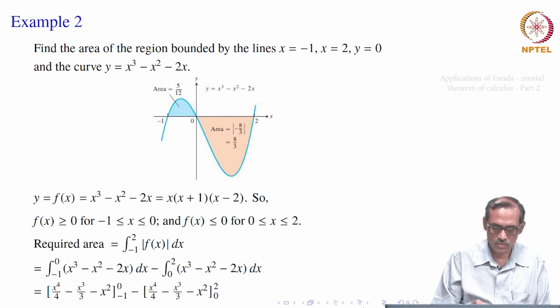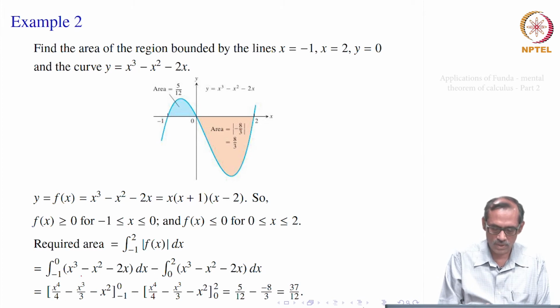Then we integrate. So, here we use the fundamental theorem. X cubed integral is x fourth by 4, because if you differentiate x fourth by 4, you would get back x cubed, and then minus x square gives minus x cubed by 3, minus 2x gives minus x square. That has to be evaluated at 0, evaluated at minus 1 and subtracted. So, this is the notation. We just omit this vertical bar sometimes when there is a bracket already. So, that is just a simplification of the notation. Then a similar thing comes here, but with the negative sign on the outside, it is 0 to 2. So, we write their values.